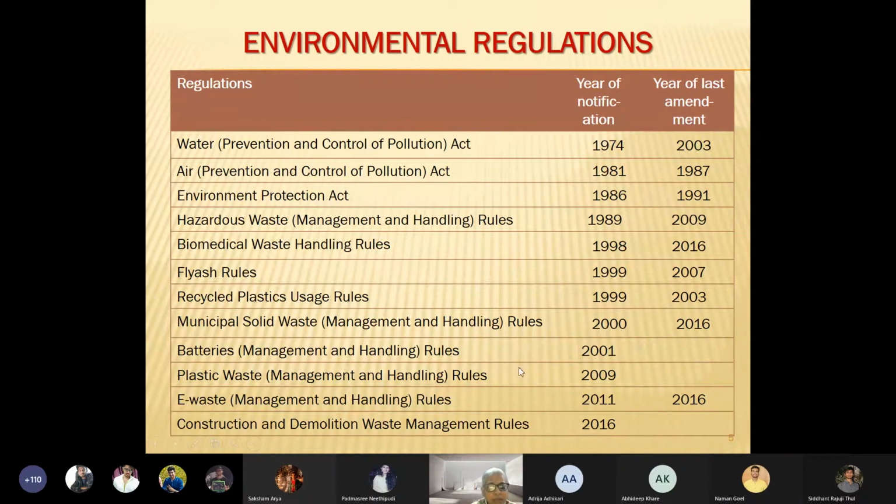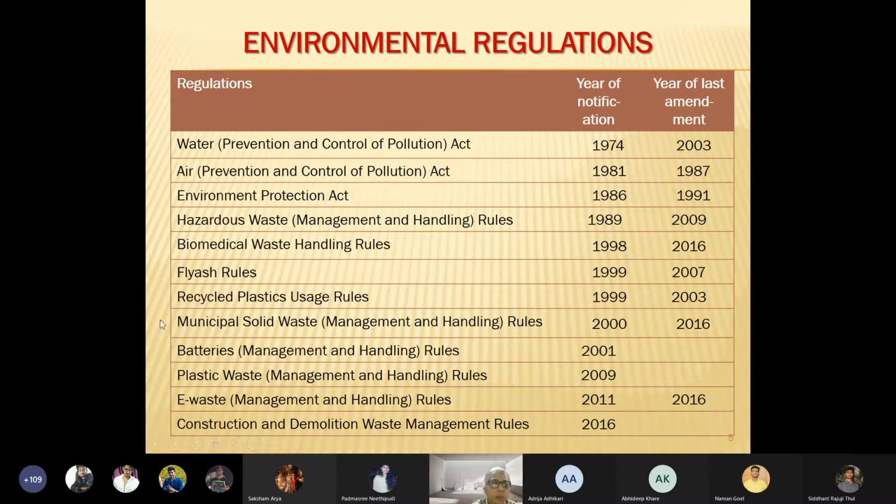Then we come to batteries management and handling rules, and that is in 2001. These batteries are not your regular batteries. These are the batteries that we use in vehicles, in converters or inverters, whatever you want to call them. These are lead acid batteries. So lead acid, as you can understand from the very name, lead is a toxic heavy metal, and these lead acid batteries have a high acid content as well as a high lead content,